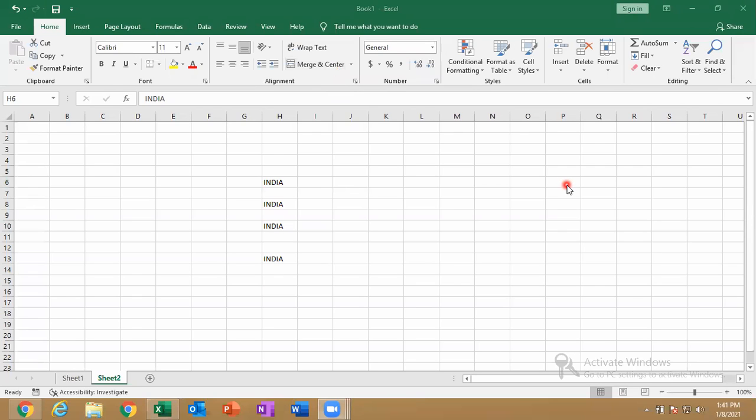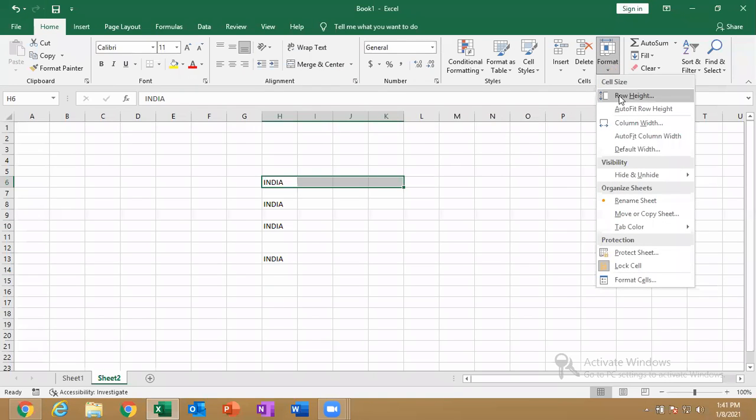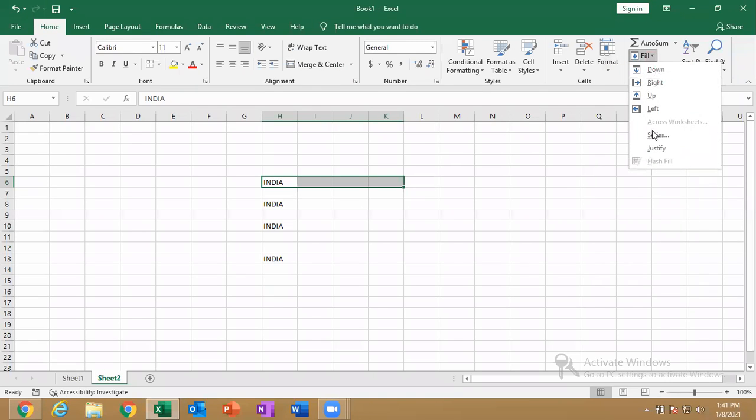Justify is not there on my laptop. So left, center, right, I told. Where is the justify? This is left, center, and right. So justify alignment will be there in MS Word. In Excel, it will be there here, but actually there is no use of that one. In Word, we use justify alignment. Here we don't use that particular alignment.